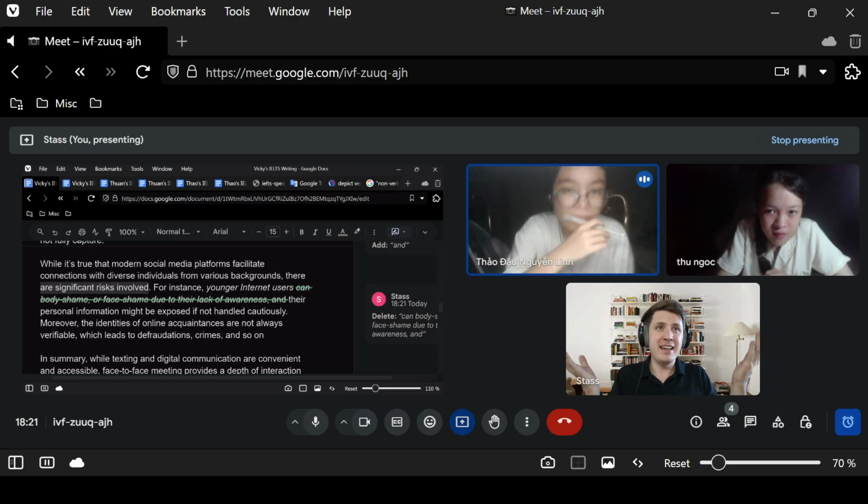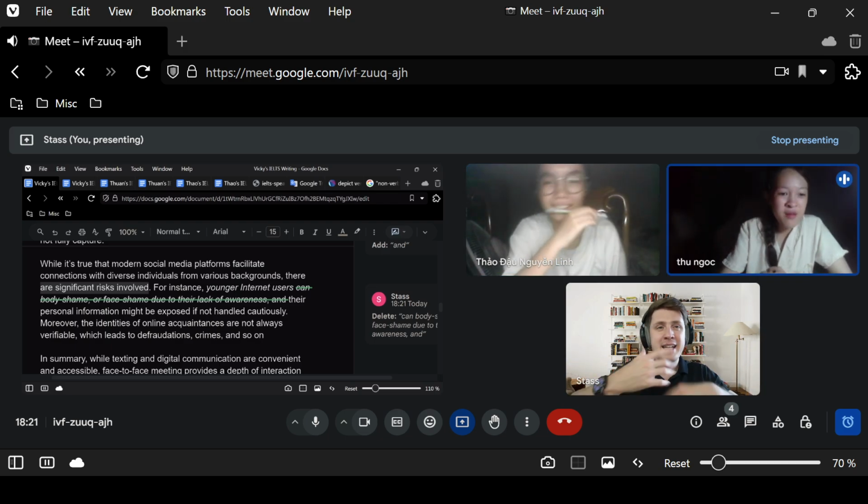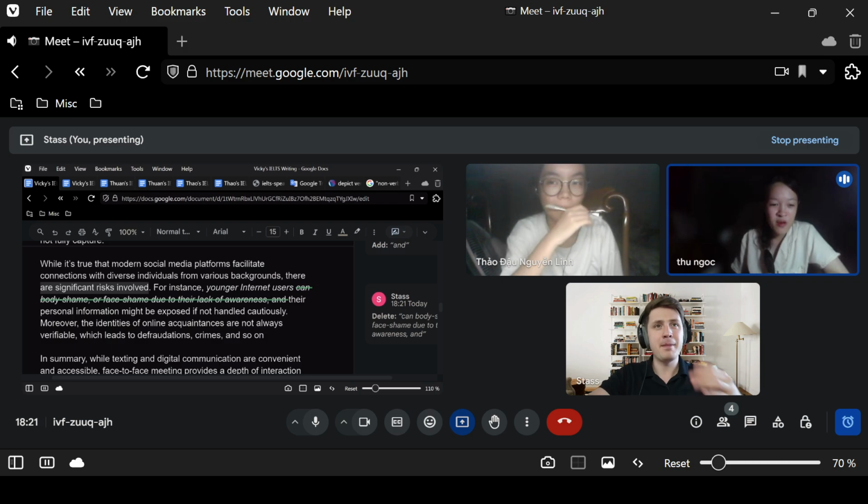So, for instance, let's see. Younger internet users, their personal information might be exposed. That is okay. So you could say there's one significant risk. Why do you have to have many? You don't have time. So just focus on one and explain. There is one more risk in another sentence. Moreover, the identities of online acquaintances are not always verifiable, which leads to